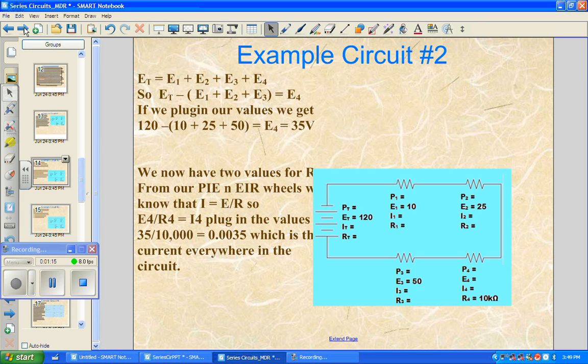Is that correct? So we can just add 10, 25, and 50 together and subtract it from 120, right? So that would be 75, 85 from 120, which is 35 volts left over, right? So we know that the voltage drop across resistor 4 must be how many volts? 35 volts. Okay, now if that's true,